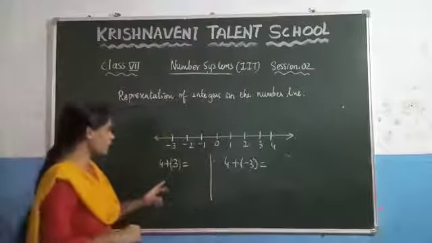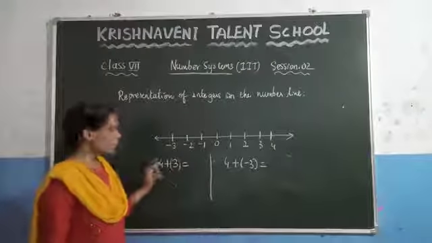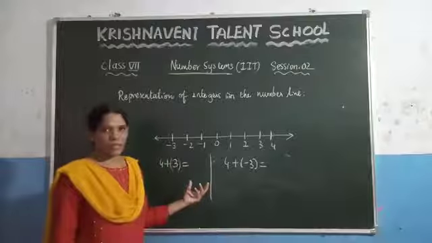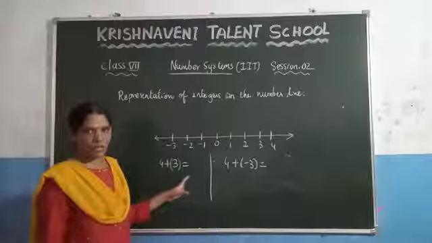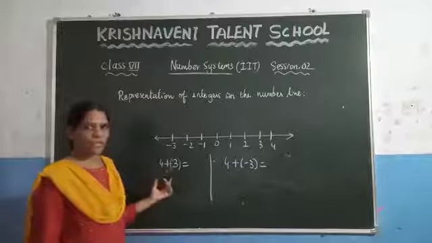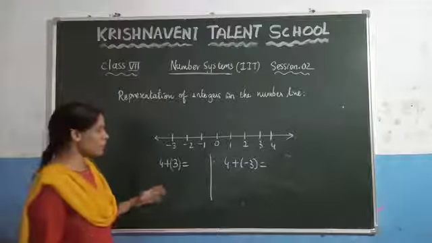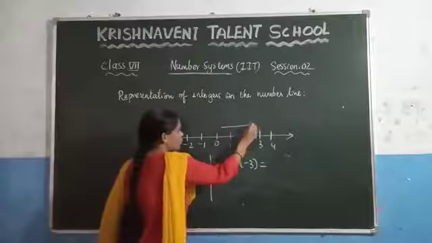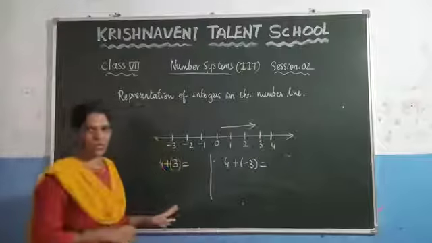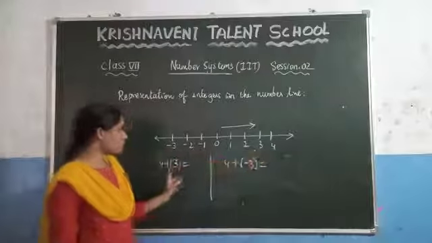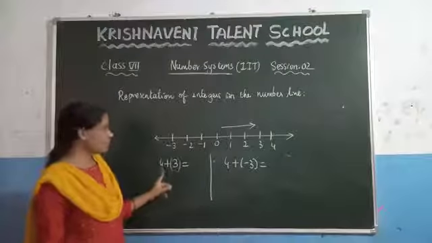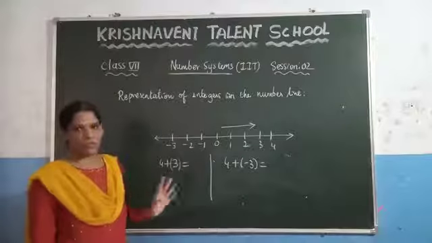And after that, plus is there. You know that if you are adding any number, the number will be increasing. So after 4 you will get 5. The number increases, so in which direction do we need to go? To the right side of the 0 we need to go. So go to the 4, and after that, since plus 3 is there, you need to move 3 steps to the right of the number line.